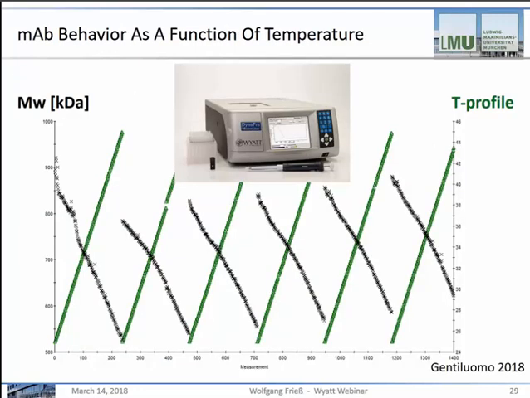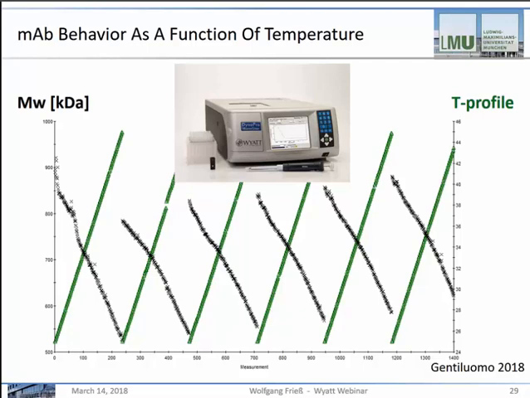I showed you before this molecule with the interesting behavior and this reversible self-interaction studied by AF4, SEC, and DLS. Here, an additional study on this very molecule, a temperature ramp study, to show you a different behavior. The green lines show you the temperature profile, and it's repeatedly warmed up from 25 to about 45 degrees C,